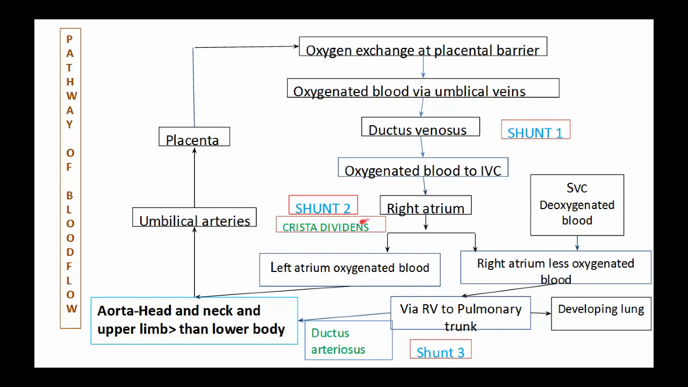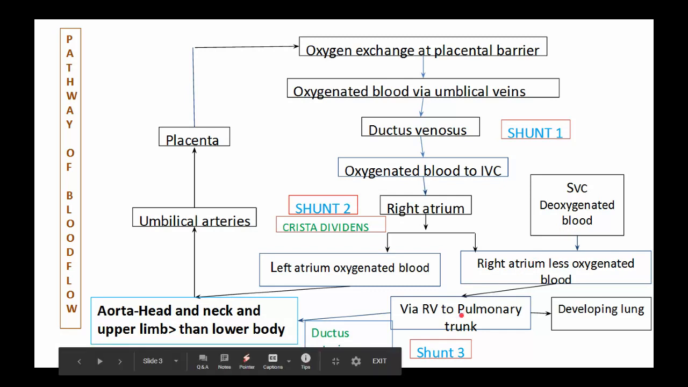Now, after the crista dividens, the blood stream is divided into two parts. Most of the oxygenated blood is directed towards the left atrium, so that most of the blood via aorta is directed towards the head and neck and the upper limb through the aortic arches. Some of the blood is going into the right atrium, which is mixed with the deoxygenated blood from the superior vena cava. From the right atrium, it will go towards the right ventricle,